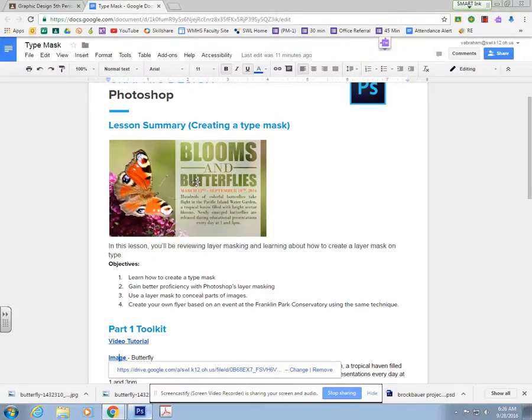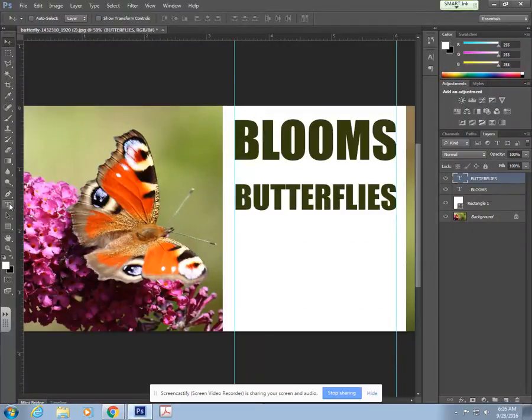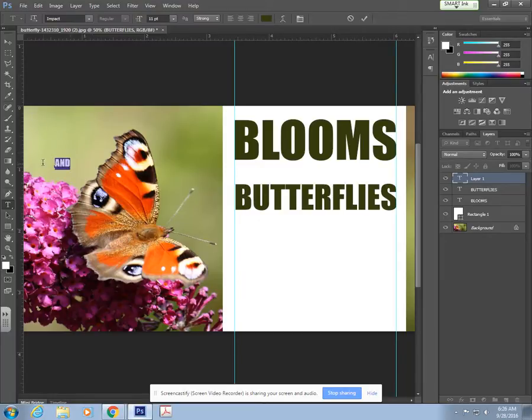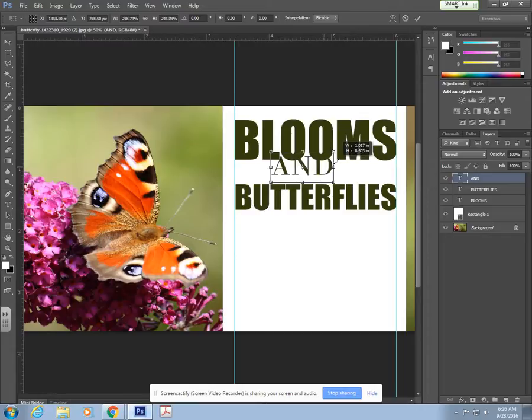So I did the word butterflies because Blooms and Butterflies are both in Impact. Now the rest of my text is in the font called Bodoni. So I'm going to go ahead and switch to my type tool. And I'm going to type the word AND in all caps, but I'm going to highlight it and change it to the font Bodoni. Okay, I have Bodoni here. I'll resize my text here, put it in between Blooms and Butterflies,